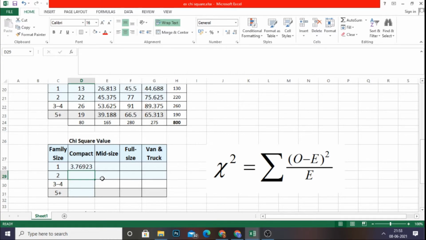So we have to fill all these cells. It is very easy. You just observe what I am doing. Just click this cell, and when I make the cursor here in this particular area, I am getting a plus symbol. What I am going to do, I am just going to drag this to the next cell, next cell, next cell. Yes, I got the value. Likewise, I am just clicking this for the column total, drag it, I am getting the chi-square value for all the columns too. Likewise, do it.